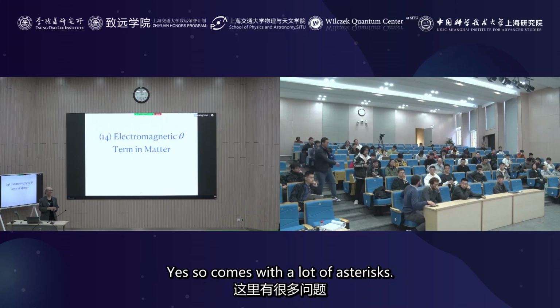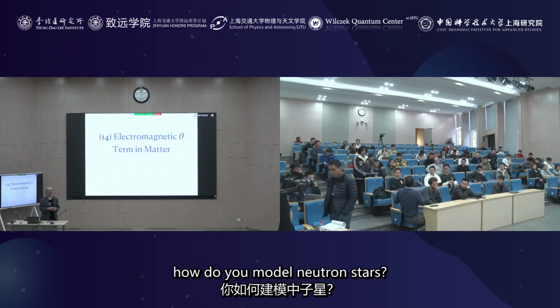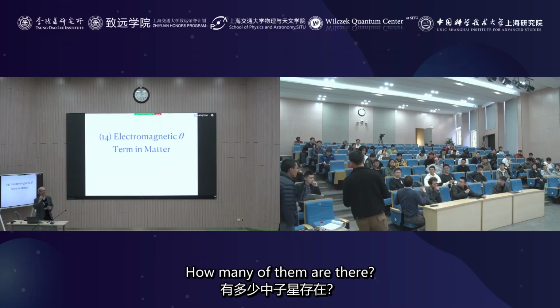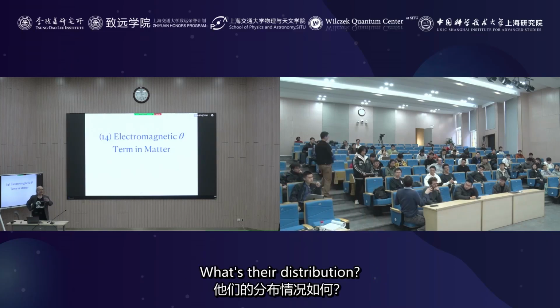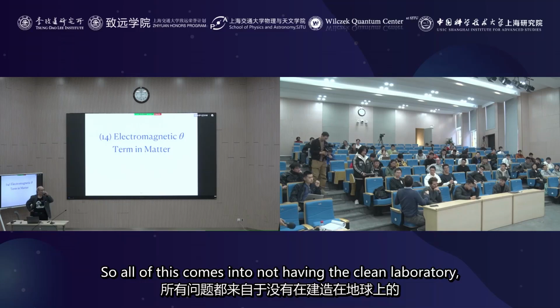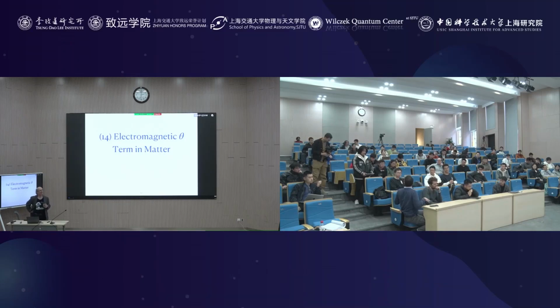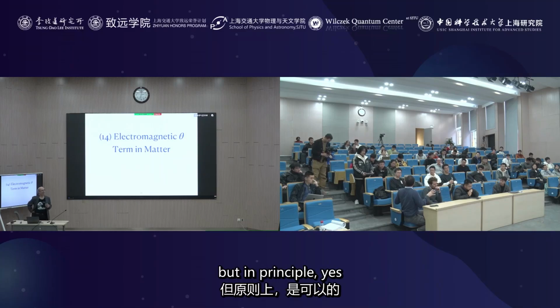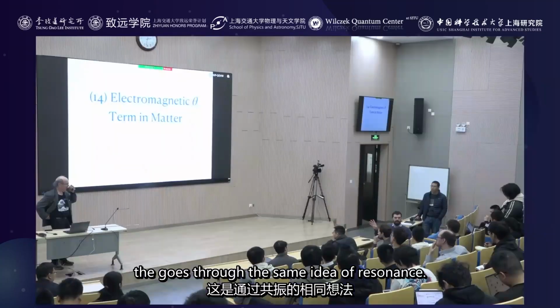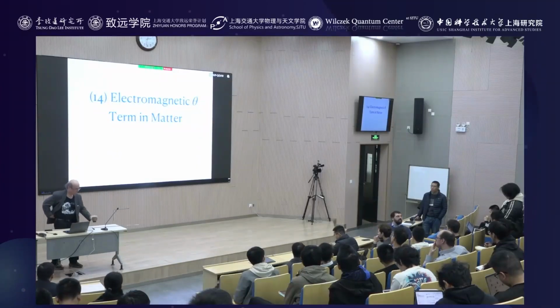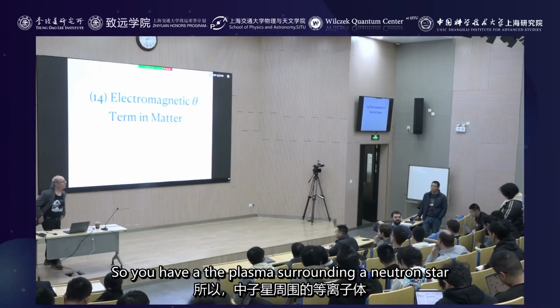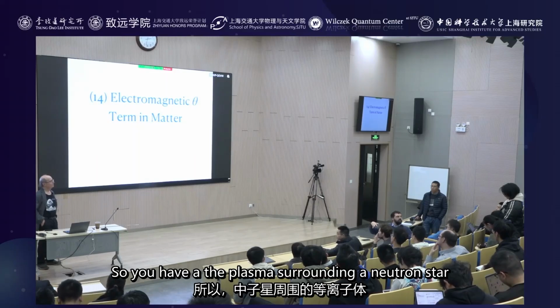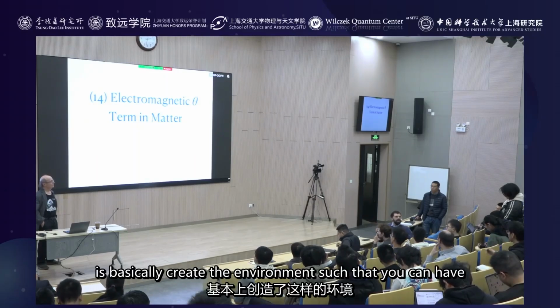Yes. So, it comes with a lot of asterisks. That's the issue. Like, how do you model neutron stars? How many of them are there? What's their distribution? So all of this comes into not having the clean laboratory built on Earth. But in principle, yes, it goes through the same idea of resonance. So you have the plasma surrounding a neutron star,